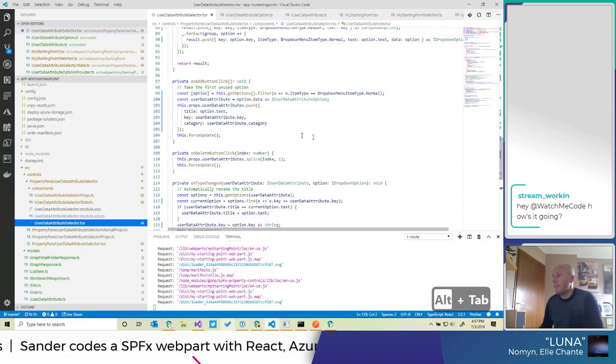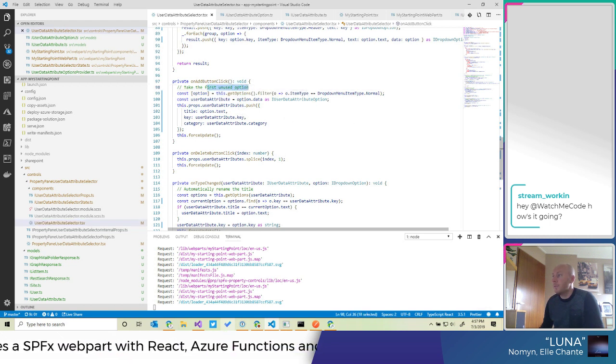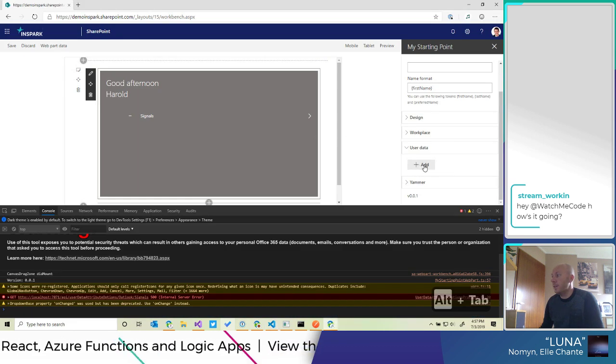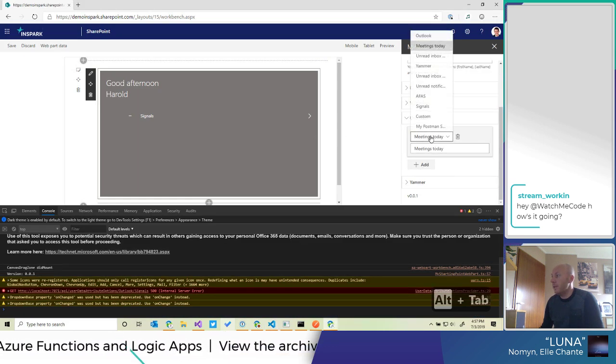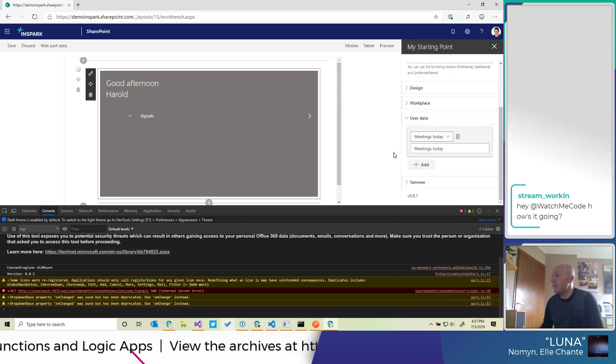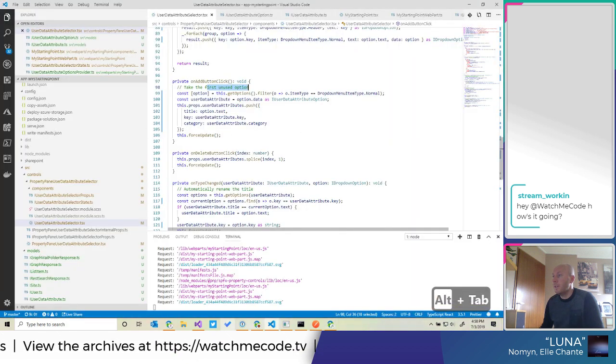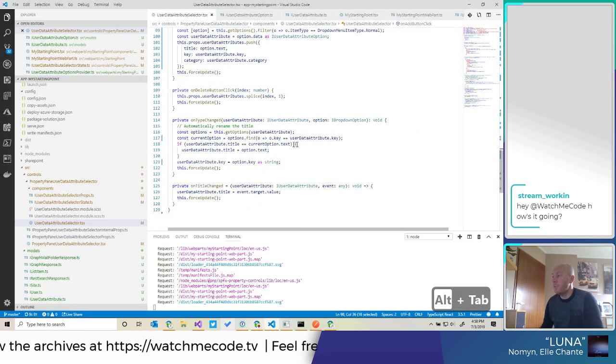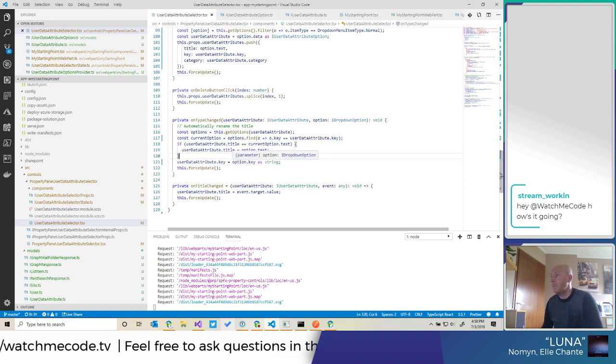So when I click the add button, this piece of code will run. It will get the first unused option, which in this case is the number of meetings, and it will take the data from there. So in this case, meetings today is in the Outlook category. So the category set to this option is now Outlook. If you were to change this to another, basically that's when the type changed, it is not overriding the category, so that's what we need to do. It should be an easy fix.